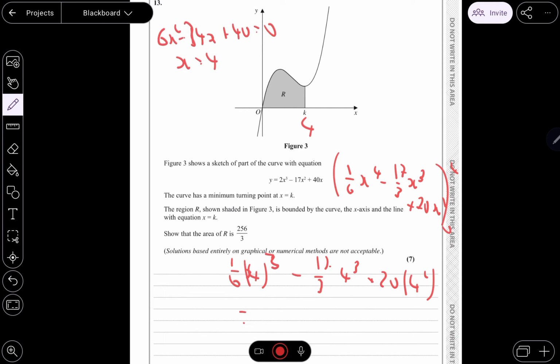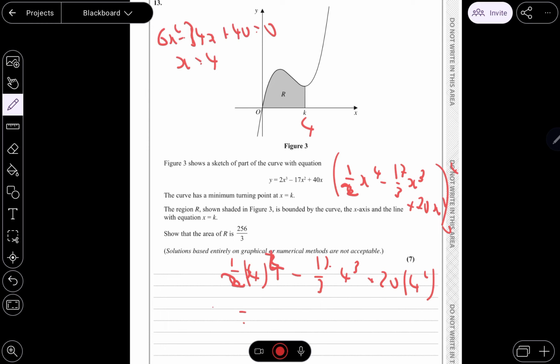Oh, this should be a third. No, this should be a half. I think I said a half out loud and then read it as a sixth. That's the mistake. So we have 4 cubed is 256. No, it's not. It's 4. This should be a 4 to the 4. I made that mistake earlier as well. So 256 divided by 2